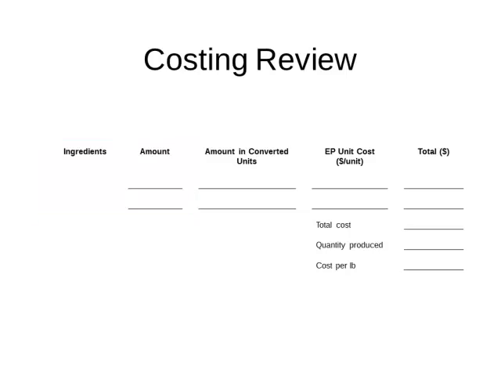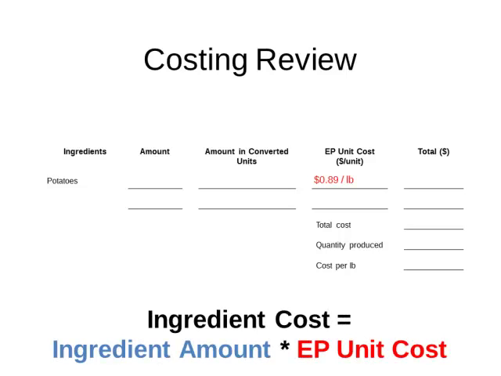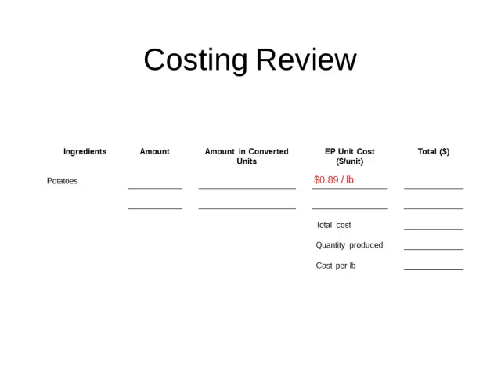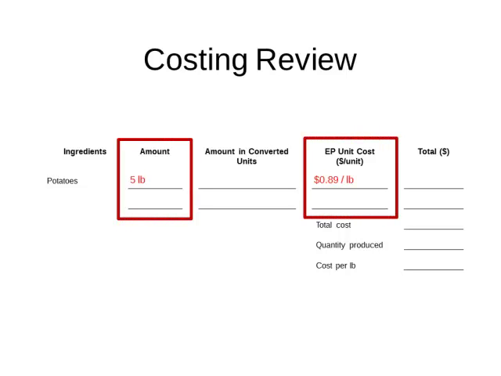For example, we have a recipe that requires potatoes. We wouldn't list the unit cost of potatoes as 89 cents, but rather as 89 cents per pound. To determine the cost of the potatoes in a particular recipe, the quantity of potatoes is multiplied by its unit cost. Suppose that a recipe calls for 5 pounds of potatoes and that the unit cost is 89 cents per pound. To determine the cost of potatoes in this recipe, we just multiply 5 times 0.89.